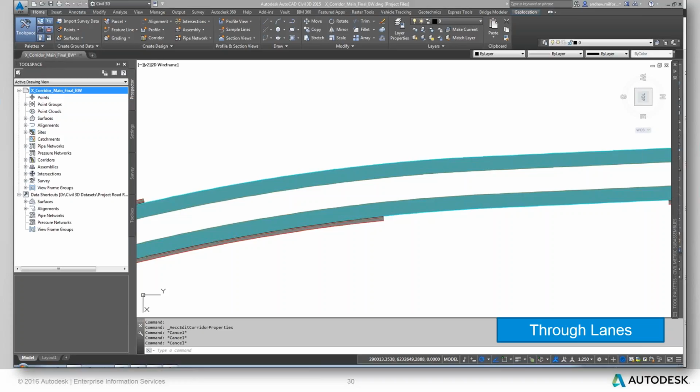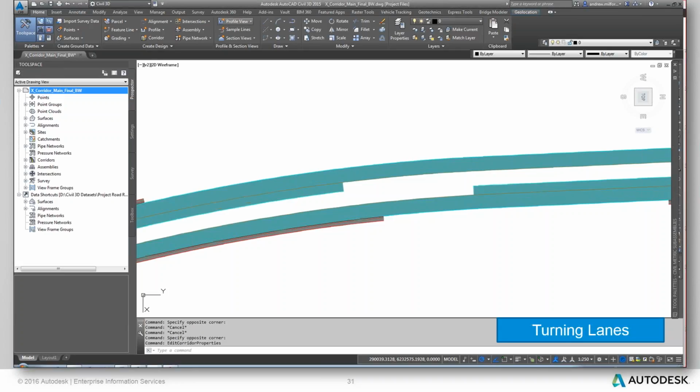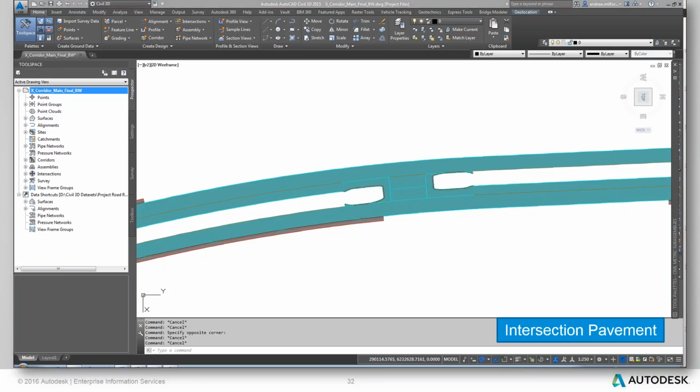So here we'll look at a quick run through of the main intersection model that we just saw previously and step through how we build up our data to create the full 3D model. So we're going to begin with our through lanes, add the turn lanes, and we add the intersection crossing pavements,